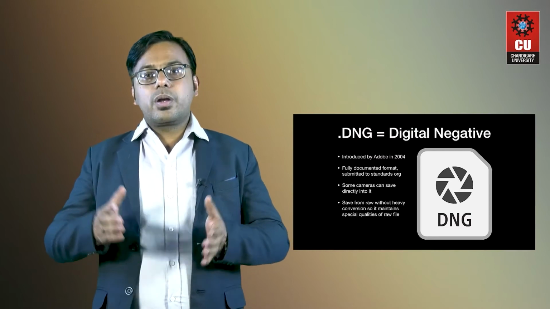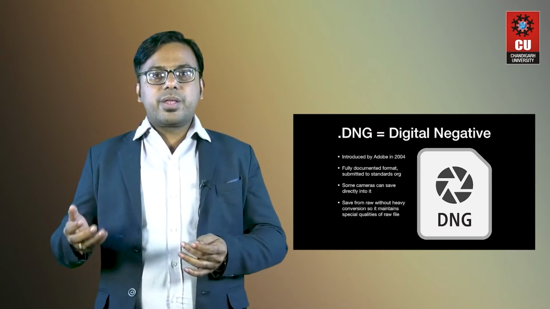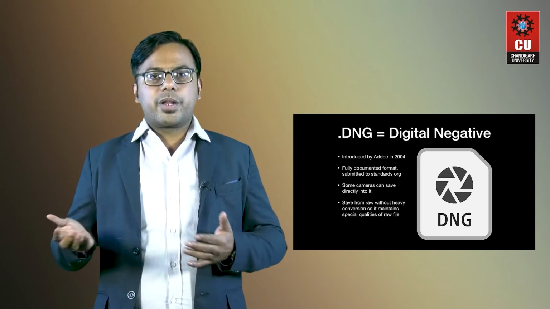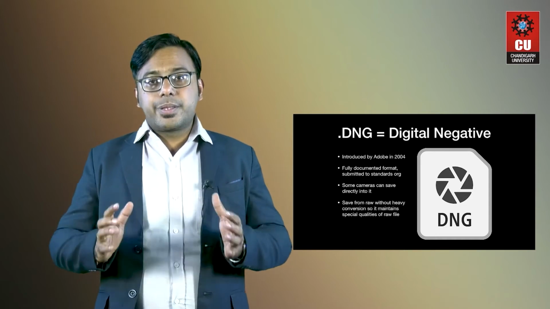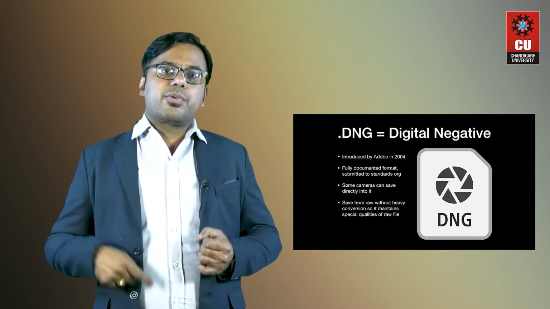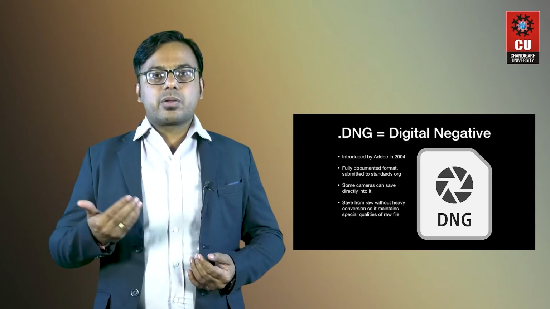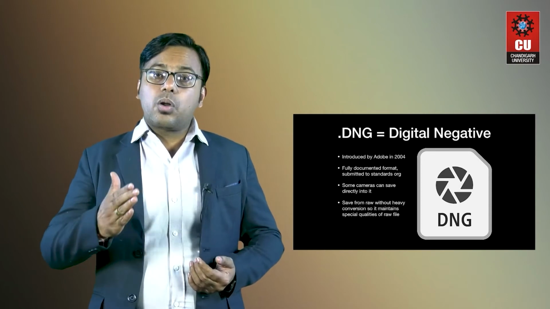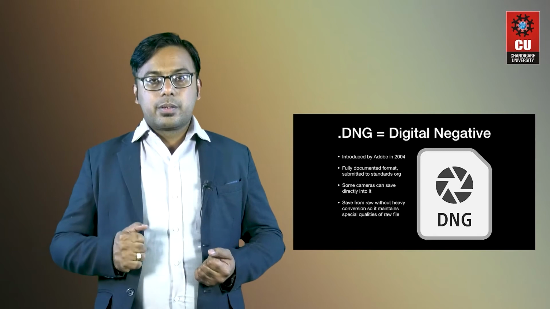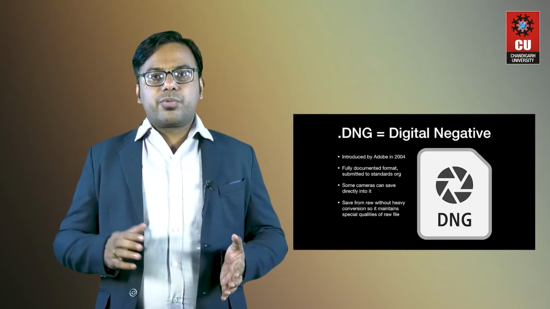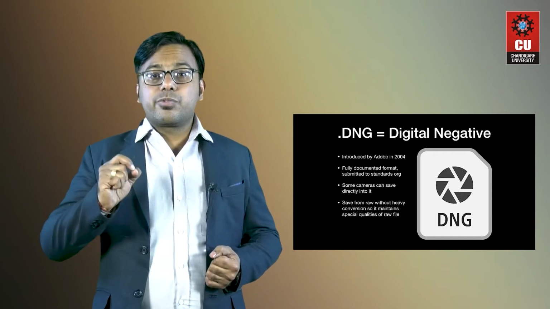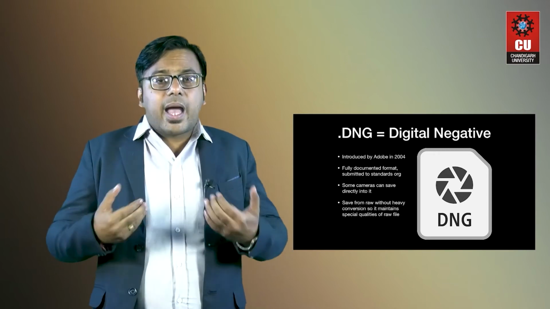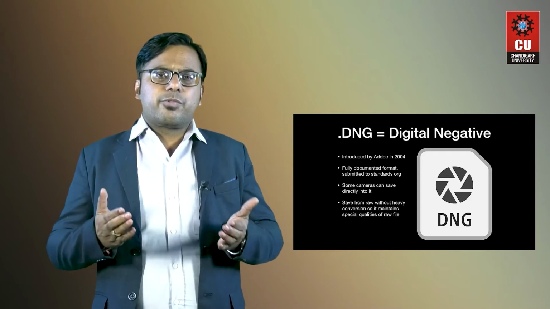Now the other file format is DNG, that is called Digital Negative. Just about every camera these days uses a different proprietary format to capture RAW files. Even cameras from the same manufacturer will often use different formats, which means image editing software must be able to read files from all of these different cameras. As a result, editing software providers face a challenge: how to manage and continuously provide updates for their programs so they can read all these different file formats.